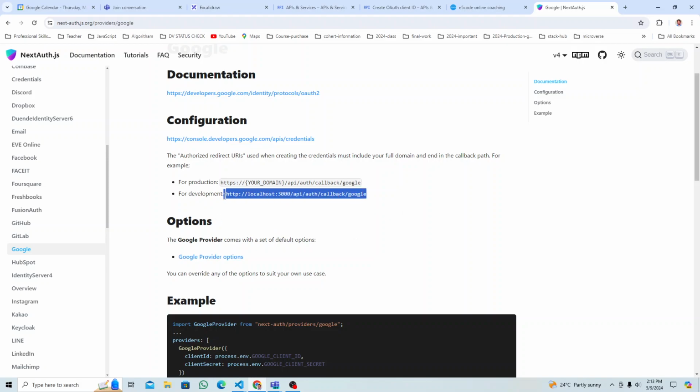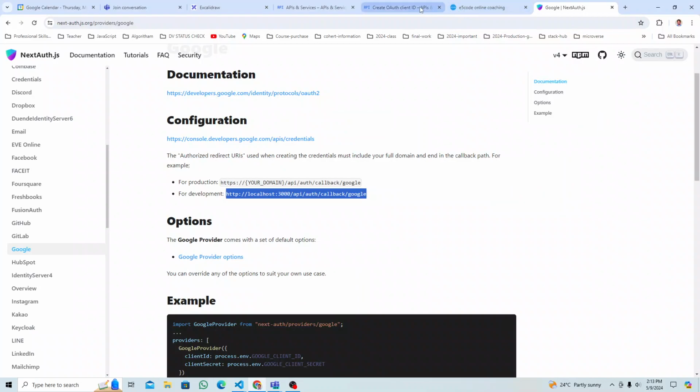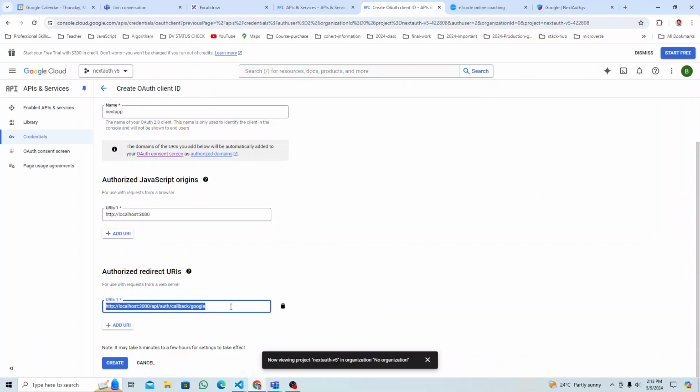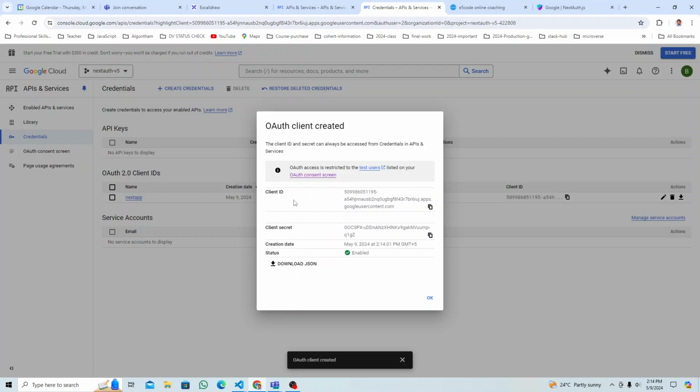So this is the redirect URL for now. That is what we added here. This one, right? API auth callback, HTTP localhost 3000 API auth callback Google. That is what we need, right? And create. That is all we have to do, and it should give us the client ID and the client secret, right? So just copy the client ID and go to your